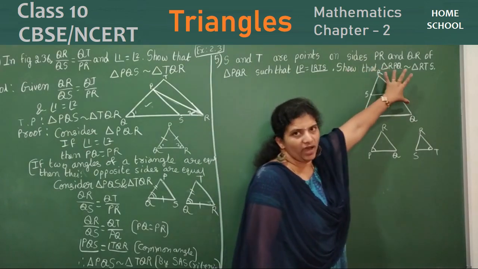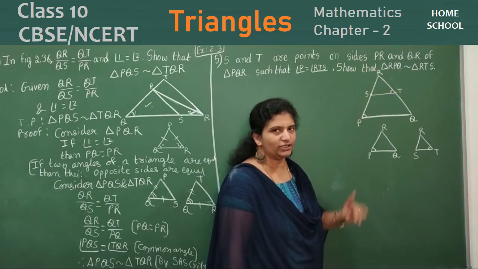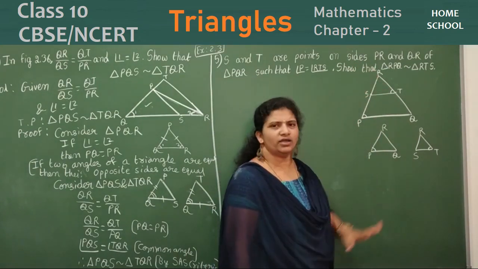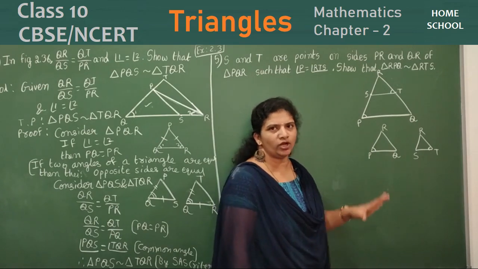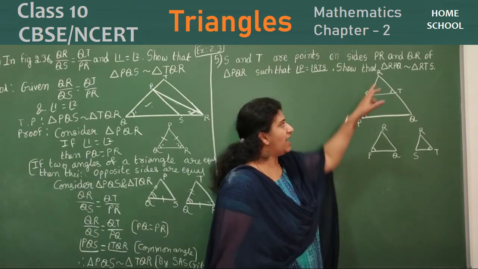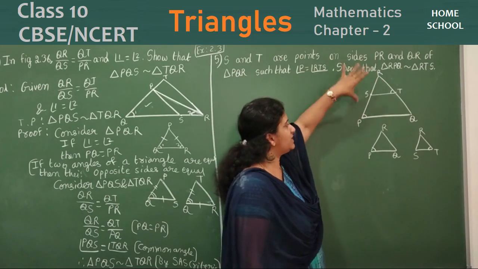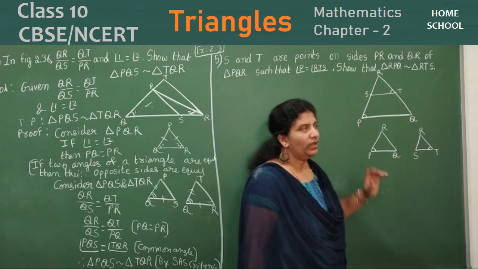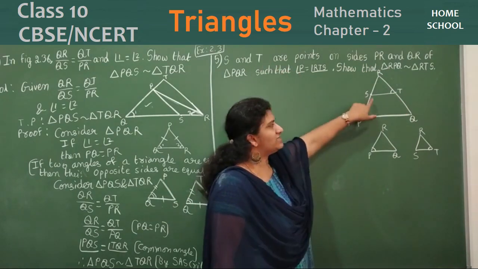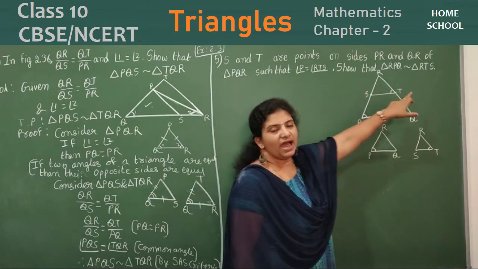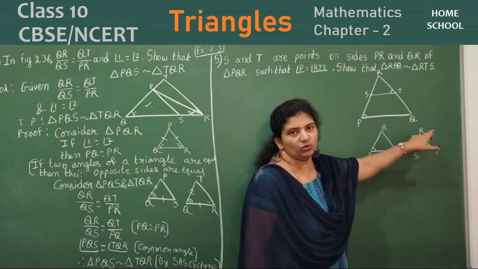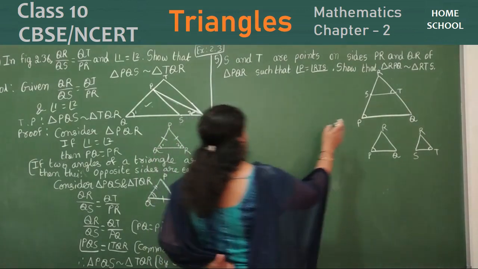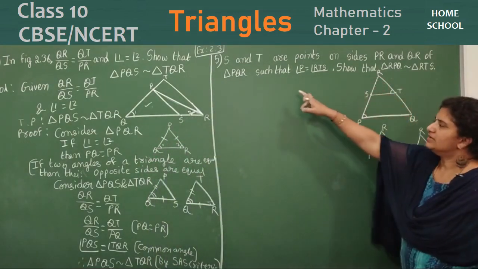PR and QR are the two sides of a triangle. Draw a triangle such that R is a vertex, or any one corner. Any way you can draw it, but you need to understand that R is common to these two sides, PR and RQ, and you have to mark two points, S on PR and T on RQ. So what did they give here? Triangle PQR. We have marked them already such that